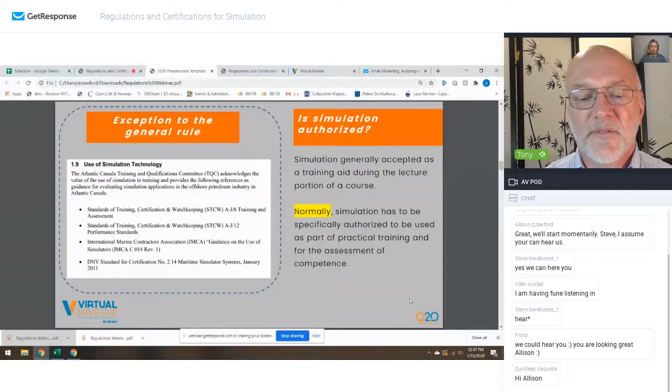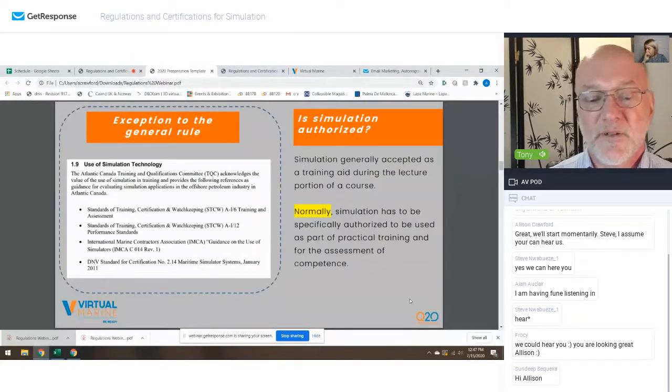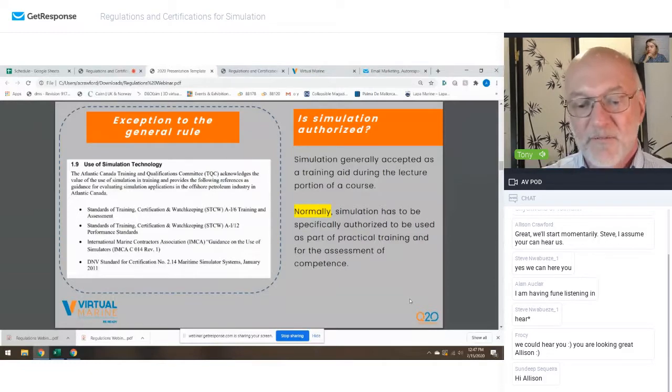And there's three main things it has to be able to do out of this one. It has to have sufficient behavioral realism to allow the trainee to learn something. When they say behavior, they mean like the math models. It has to have a controlled environment where the instructor can give a bunch of different conditions, and the physical environment has to emulate what you would find on the ship. Now there are a few other things which you can read later on, but those three things are the key ones: emulating the real world, behavioral realism, and controlled environment.